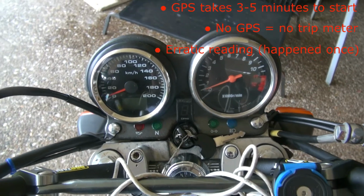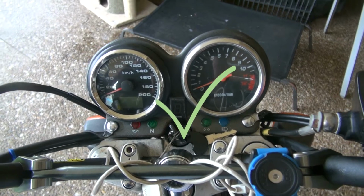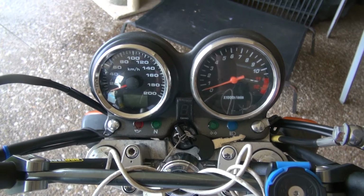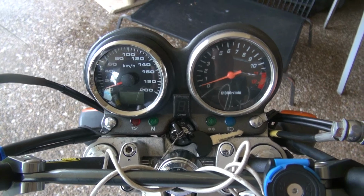But all in all, I was pretty pleased with it. It does what it says it does well, and the only reason I'm doing this video today is because I'm going to replace it and put back the original stock speedo, which I've sourced